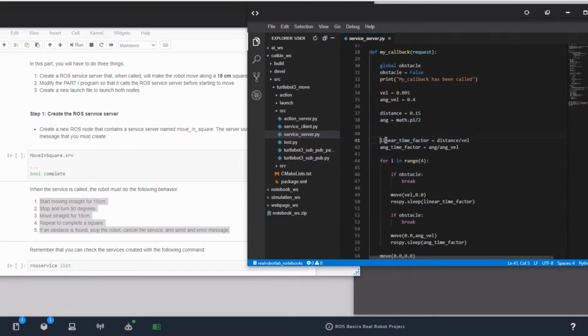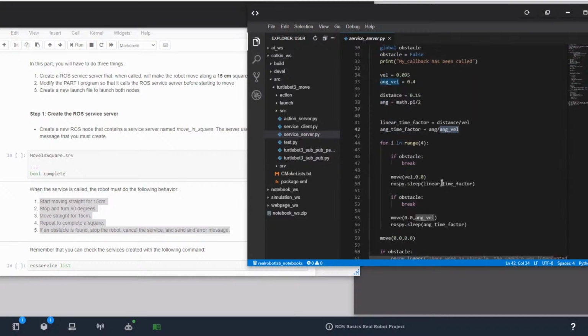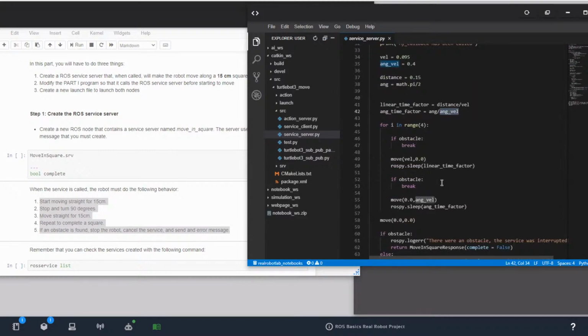Well, the time to be specified here, I call it the linear time factor. It's no more than the time that the robot will take to cover that distance with such a velocity. It's just the famous kinematic equation: the time is equal to distance over the velocity, and it's just the same for the angular velocity. There's no difference here. The angle should be divided by the angular velocity. And for i in range of 4, the 4 sides of